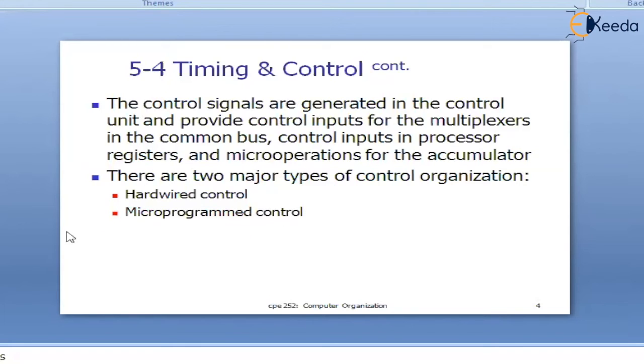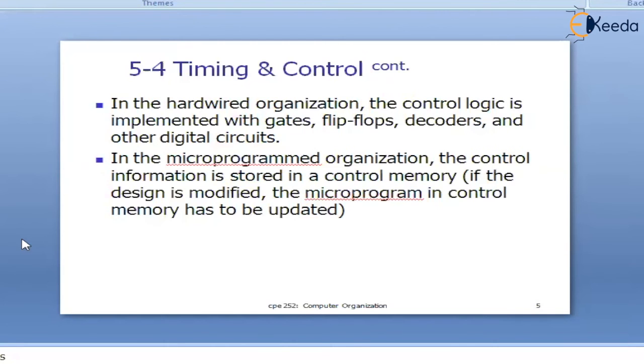Okay, let us state the difference simply between the hard-wired control unit and the micro-programmed control unit. Just try to understand the basic difference. Simple. When it comes to the hard-wired control unit, I'm going to explain it very simply. Hard-wired control unit is